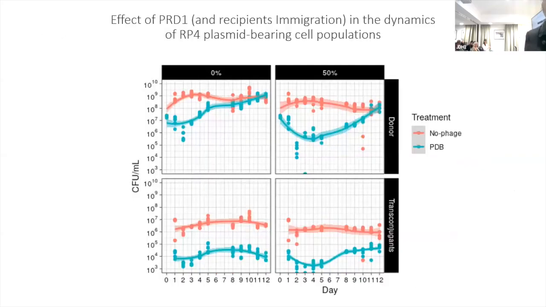Then, to really understand what's happening in the system, first, this is just the population that we were expecting the phage to affect. Basically, this is the density of the donor and the transconjugant. As you can see, the phage